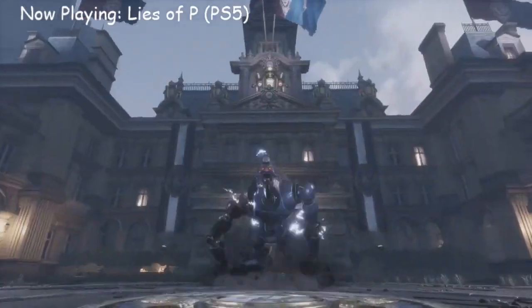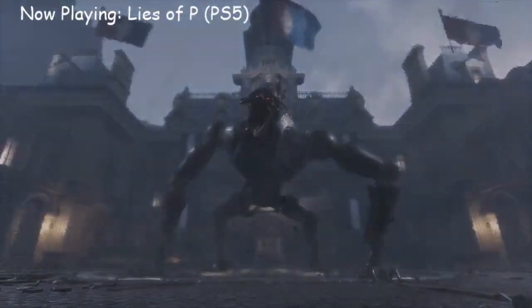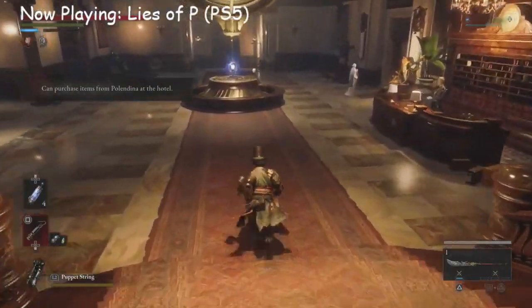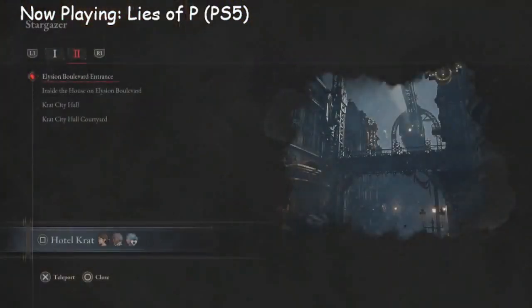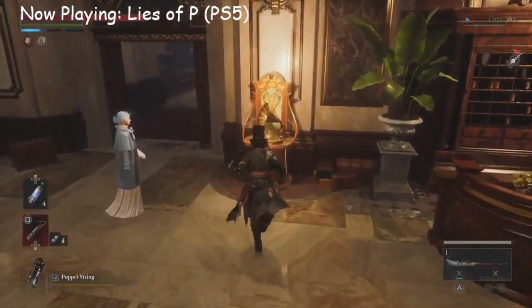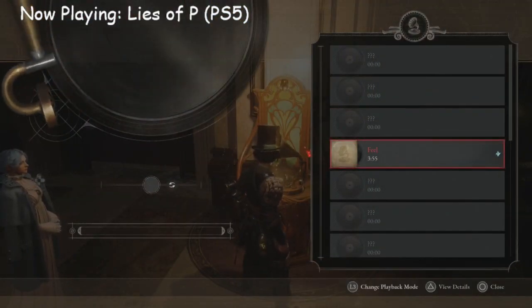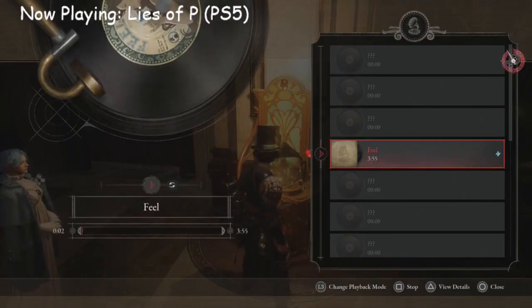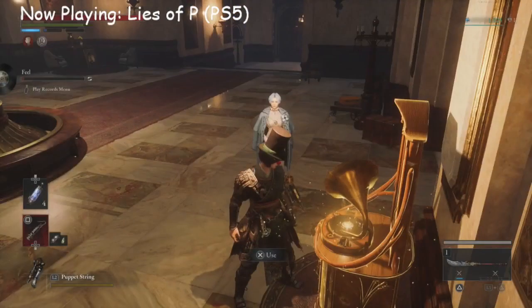But the main hub area is Hotel Krat. And there's almost a feeling of solemnity to this place. Unlike the hub world of the Souls games, you don't have this massive heaviness weighing upon your character. You almost feel like you're surrounded by majesty. This is not like the hopelessness that you would find at the Firelink Shrine, at Majula, or even the Maiden in Black's shrine in Demon's Souls. The air here is different, and this air is created, or helps to be created, by